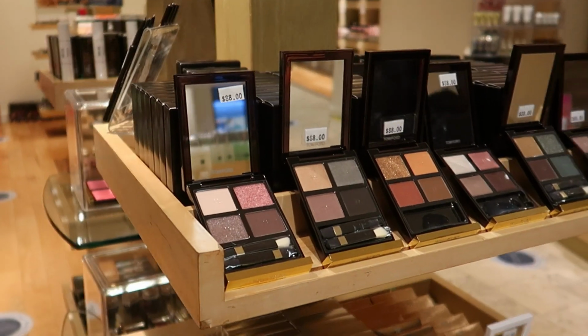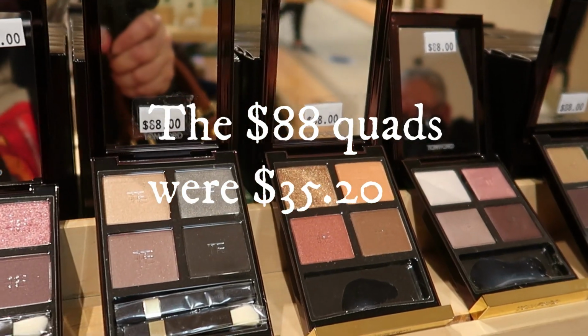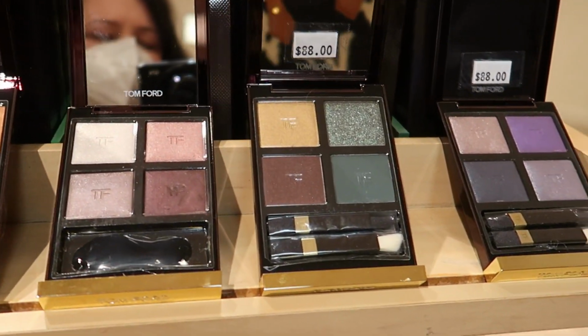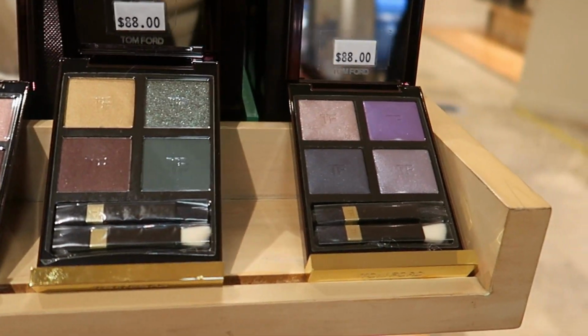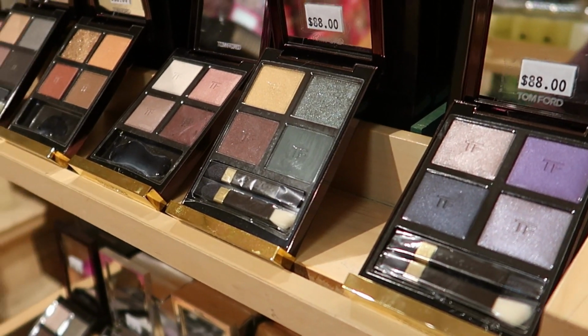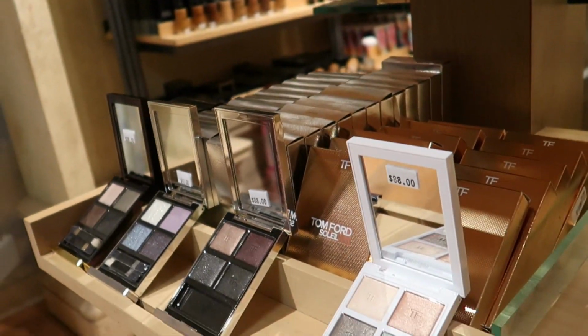So we're going back to the Tom Ford quads, this time with the good camera. And now you can really see just how sparkly some of those shades are. Really, really beautiful. These perform just so well, as well they should for $88 for 4 shades. And that's the upper deck, and the bottom deck has the